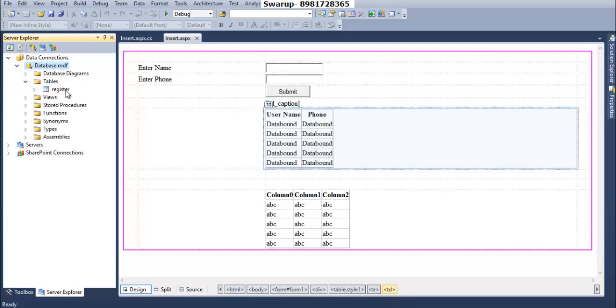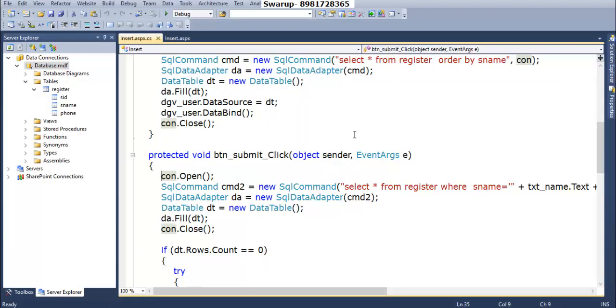Right over here I have a table called register, and the register has got three attributes. The very first attribute is an auto increment, and the other two are going to be provided by the user, like what you can see over here. So let me go and click on the button to make sure that the code I have written